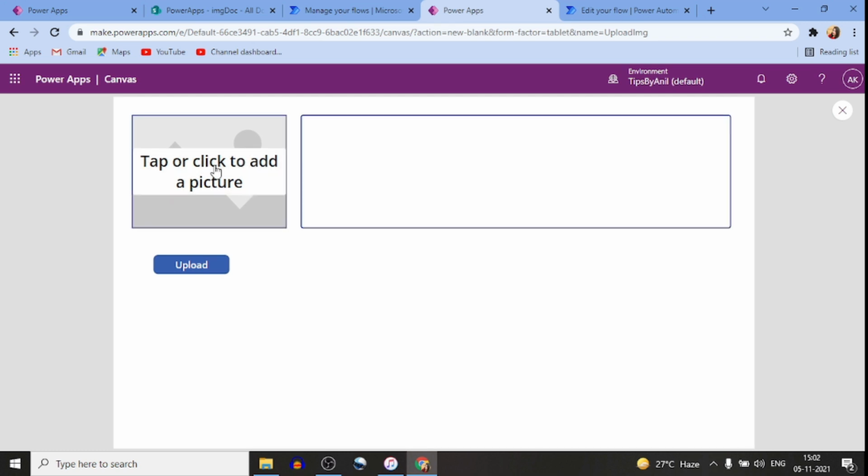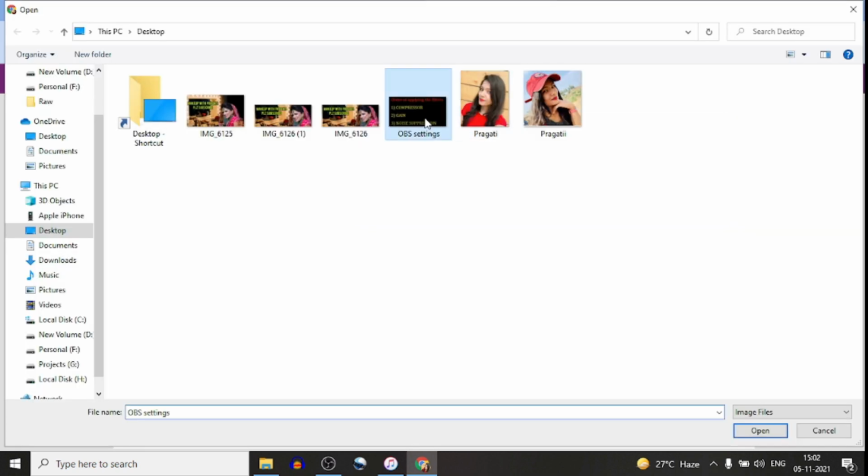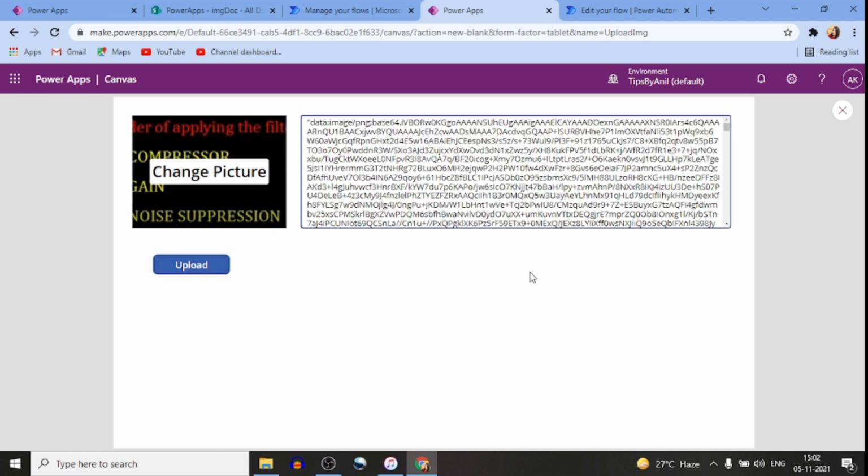Now just click over here. Click on the upload button, and here you can see the image has been converted to binary, but we are getting unnecessary characters over here. If you see, these are unnecessary characters: data colon image /png and base64. I have to remove this.